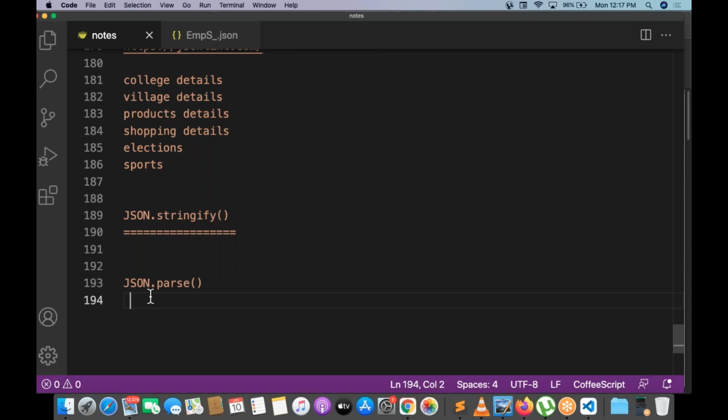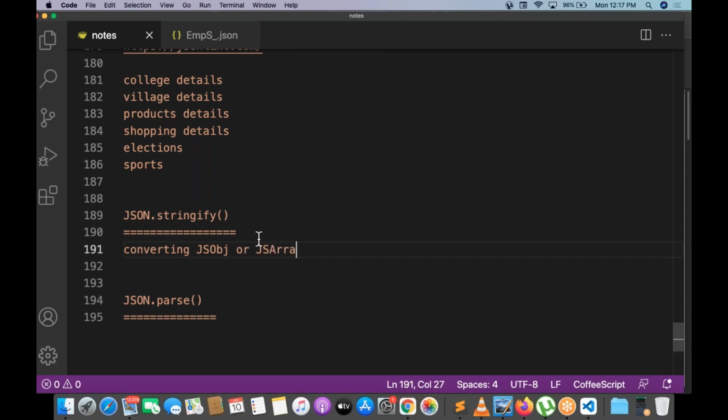Okay, so what can stringify do? It converts a JS object or JS array to a JSON object or JSON array. That's it.